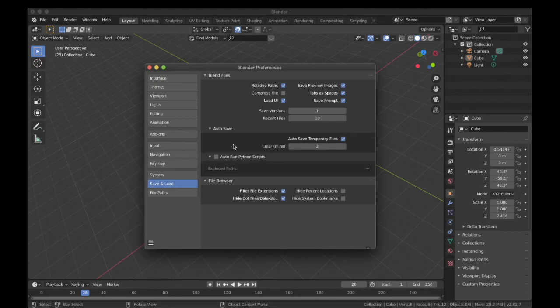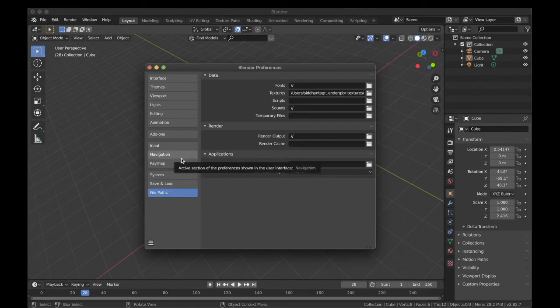Finally, in the preferences is the file paths. This is again a very important aspect of Blender. If you want to have a very proper workflow with a proper file management, this is the option for you. In this, you can select the folder for fonts, folder for textures, and so on. In my case, I have only selected the folder for textures, which means whenever I choose a texture, I do not have to go to the path of that folder again. I can directly click on the tab and Blender will prompt me to that folder directly. This option is useful as it helps you save time and manage files easily in Blender and outside of it.